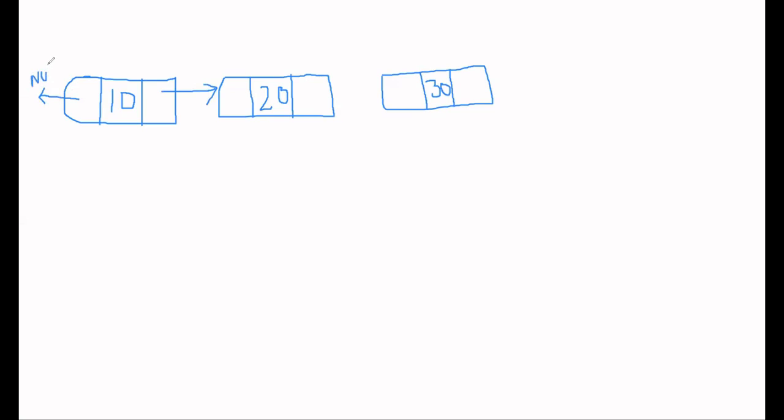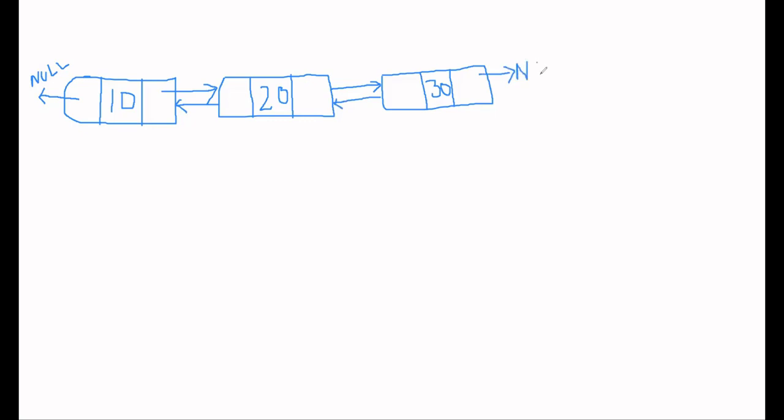So 20's next pointer will be pointing to 30, and 20's previous pointer will be pointing to 10. And 30's previous pointer will be pointing to 20, and its next pointer will be pointing to a null value.